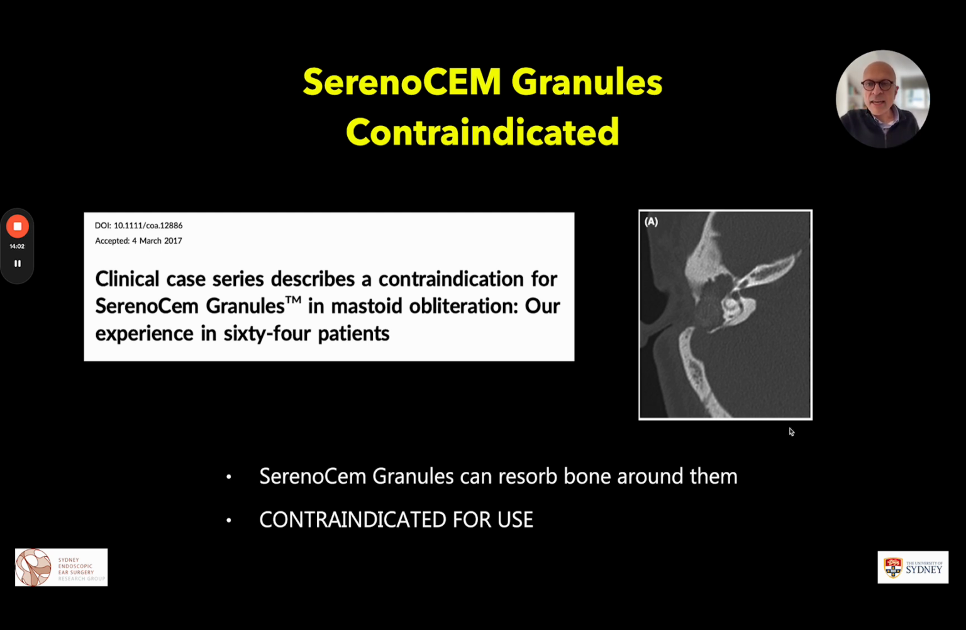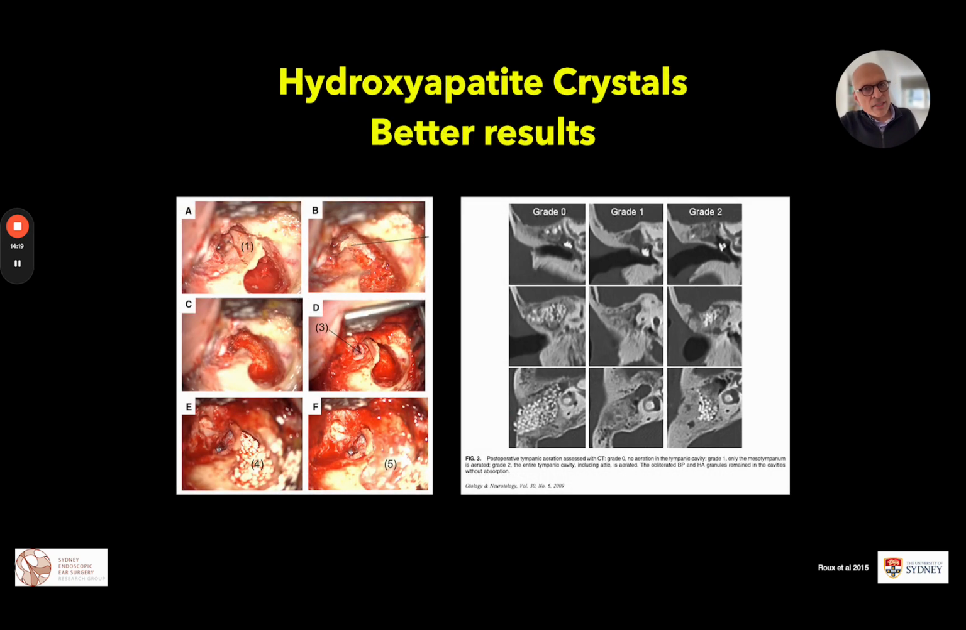You can see in this axial CT scan of the right ear, bone resorption over the sigmoid sinus. So they've actually contraindicated this particular material for use in obliteration. Certain artificial materials are really not good at all to use. The ones that tend to give us good, stable results with no resorption and tend to have stable cavities beyond